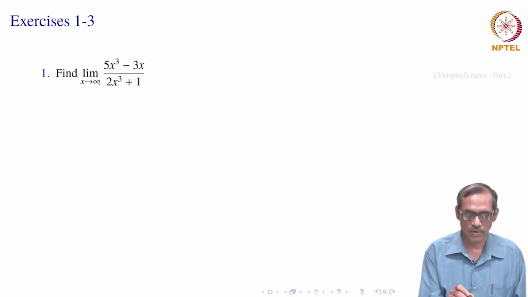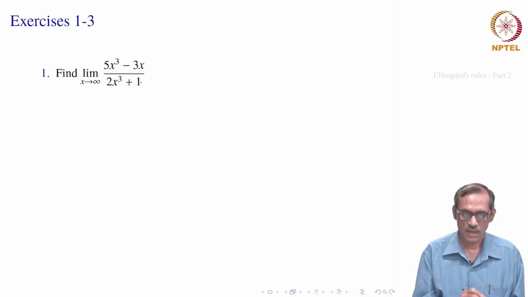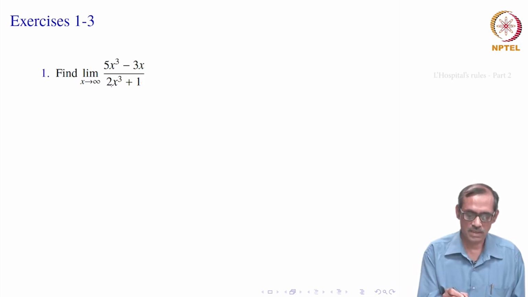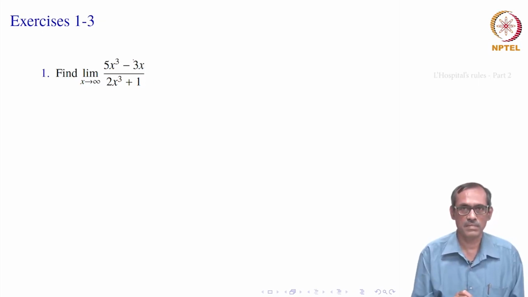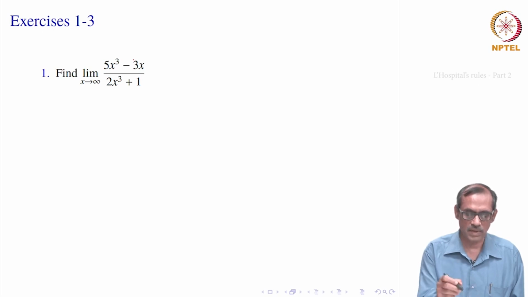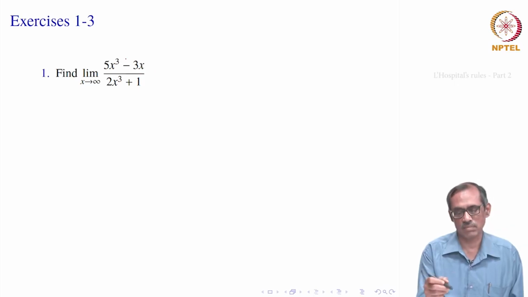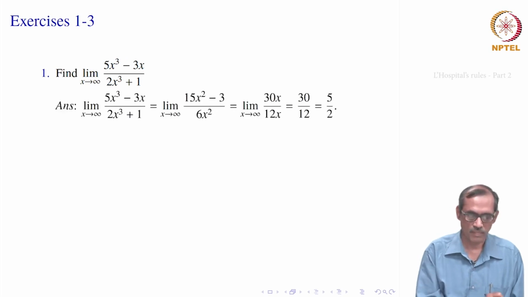Here we are required to find the limit of 5x cubed minus 3x divided by 2x cubed plus 1 as x goes to infinity. So, as x goes to infinity, this 2x cubed plus 1 goes to infinity, and the numerator is again in the infinity minus infinity form, okay. But it can be thought of as infinity because x cubed dominates x, it will be much larger than x. Therefore, when you subtract, you would get at least sometimes x, right. That is what intuitively means, it will be in infinity by infinity form. Okay. So, then what do we do?